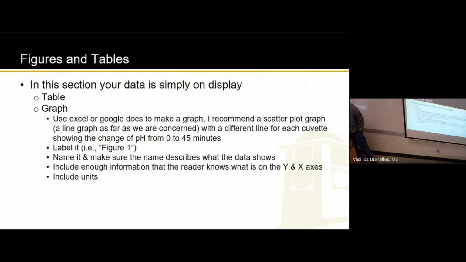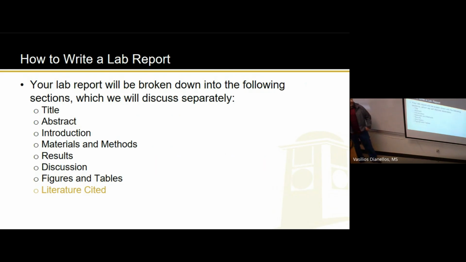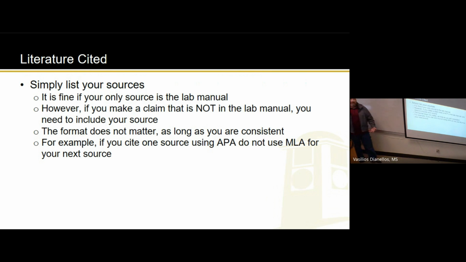All right, now this one's more of a formality. It's literature cited. For you guys, there doesn't have to be any literature cited, but you do need to still have a literature cited section that's labeled literature cited. And for you, if you only use the information in the lab manual or the lab worksheet, you just write that, right? Lab manual. But if you use your textbook, list the fact that you use your textbook. If you use some outside source, use it. And I'm not really concerned about the format because this is a 100 level class.